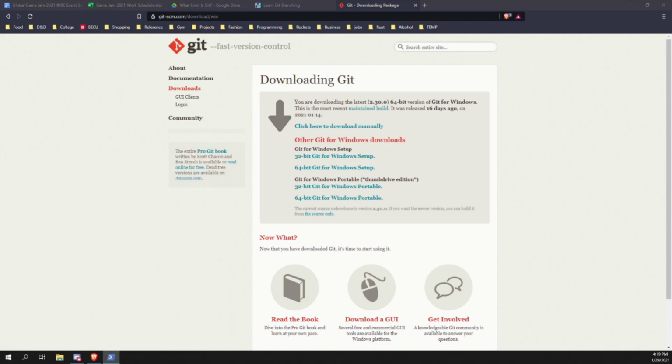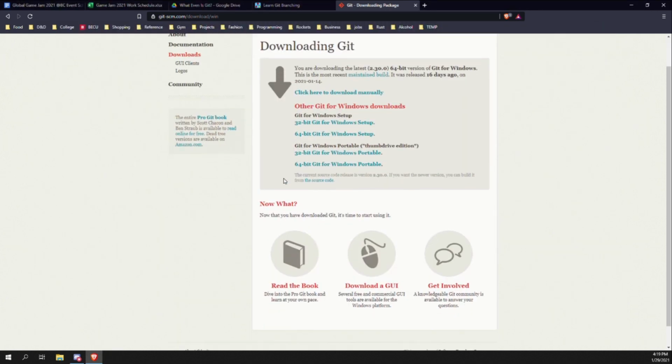Once you actually start the game jam and want to start using it, you generally just open the terminal and type, if you're on Mac, probably brew install git, or your package manager of choice, and it'll take care of it.